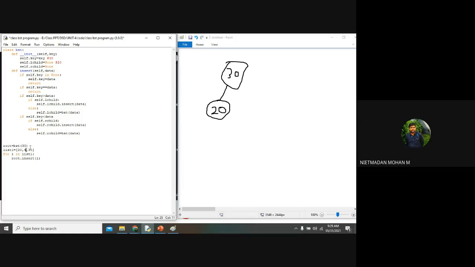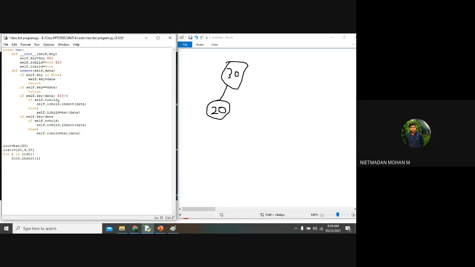4. Then it will check whether 4 is less than self.key, that is, 30 is greater than 4. The condition will be true, right? Yes, the condition will be true. Now what will happen?